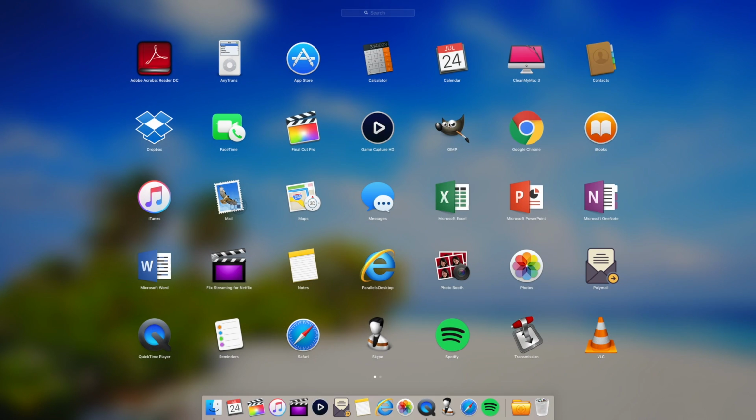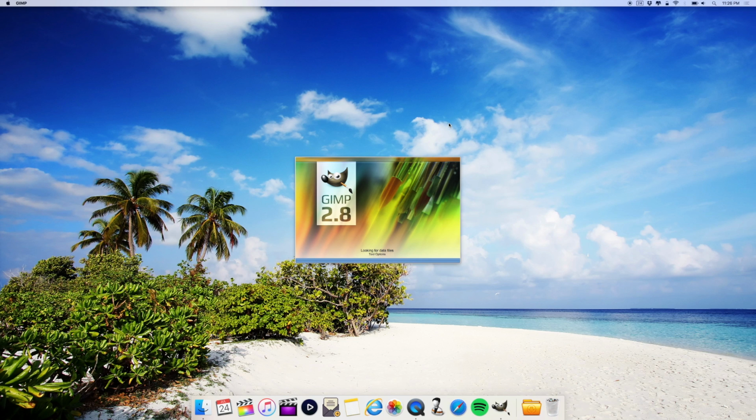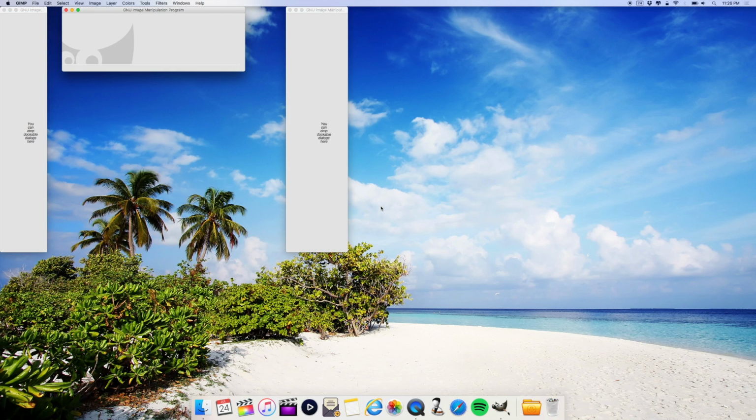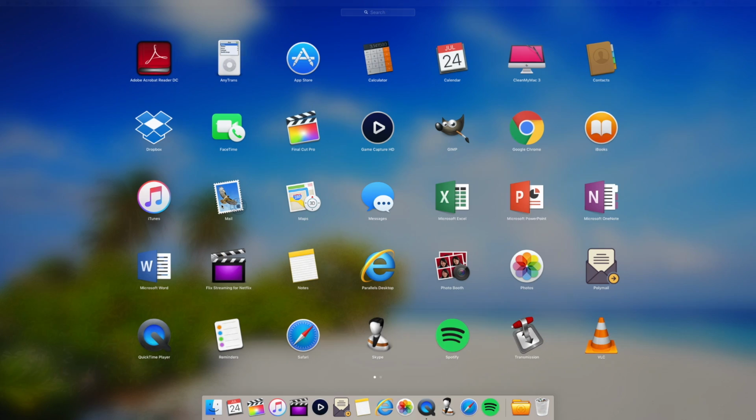Where am I? GIMP. GIMP is kind of like, let me see, a photo editor, kind of like Photoshop, but it's really watered down. Probably it's going to take forever to open right now. Oh, spoke too soon. So you can come in here and edit photos and all that. Yeah, I'm not really good with editing, but I use this from time to time. Quit that. Let's see, we have Google Chrome,